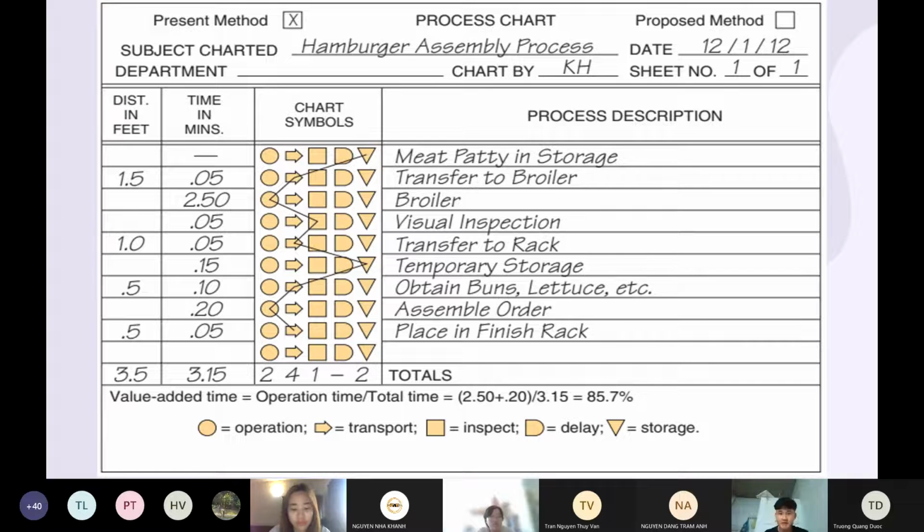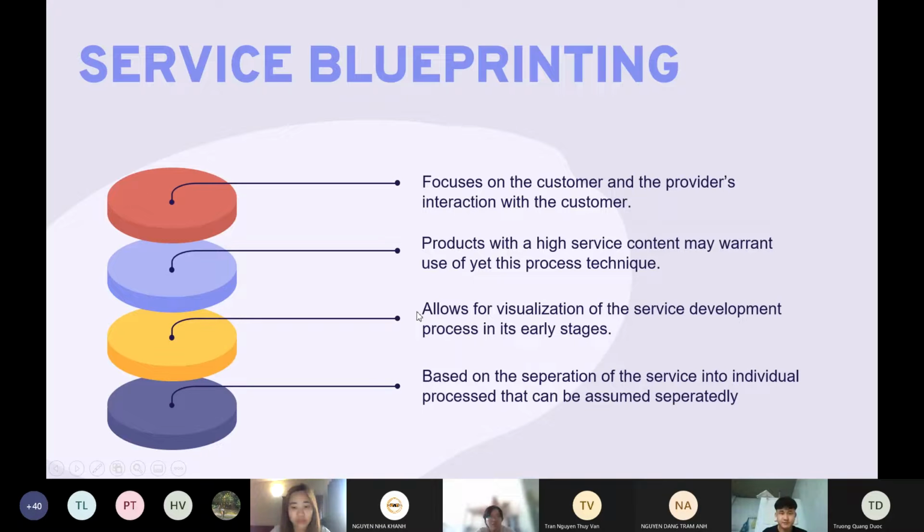And the last but not least is the blueprinting tool. The blueprinting tool is a process analysis technique that focuses on the customer and the provider's interaction with the customer. And in the second level are the activities of the service provider interacting with the customer. And the third level includes those activities that you perform away from, and not immediately visible to, the